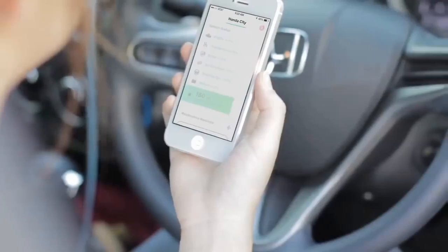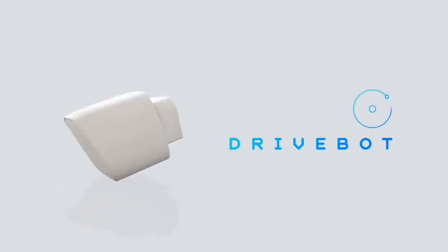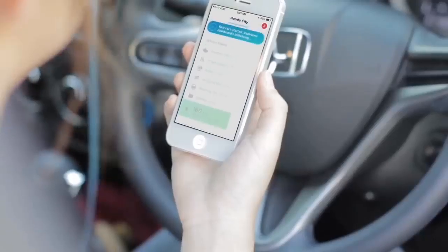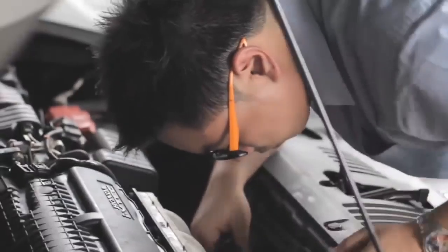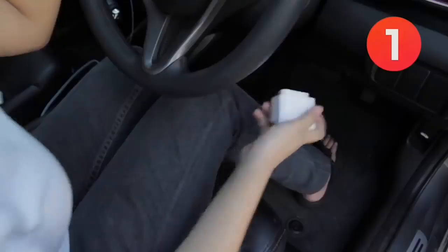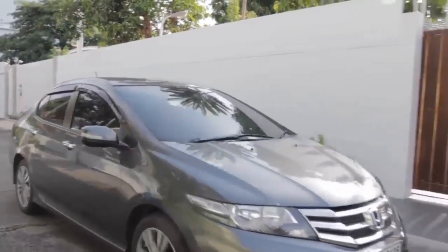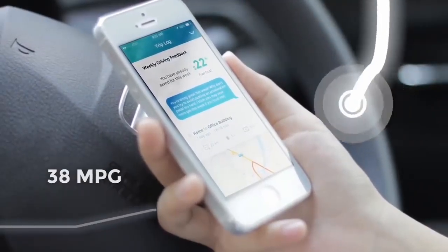This device monitors systems in the car and reports on their performance. Drive will help you detect problems in time and go to the repair shop before the situation becomes dangerous. The device works with a mobile app. It will also remind you when it's time for a maintenance visit. The device can track your ride and analyze your driving style. It gives you advice on how to drive safer and more efficiently. The manufacturer claims Drive can show you how to drive so that you can save up to $30 in